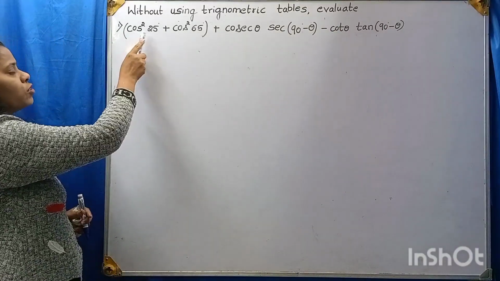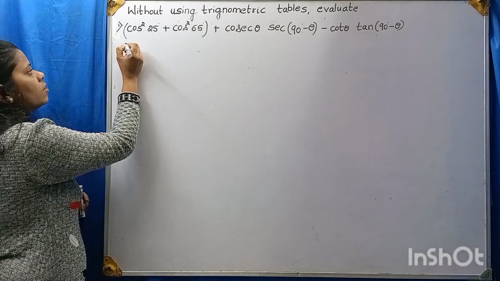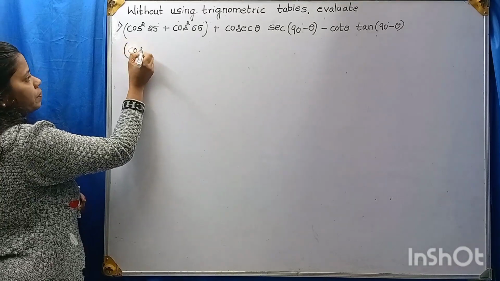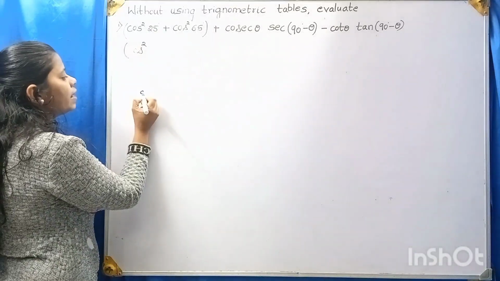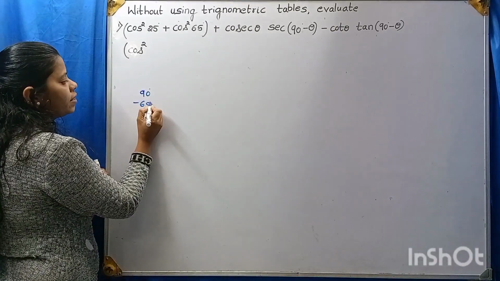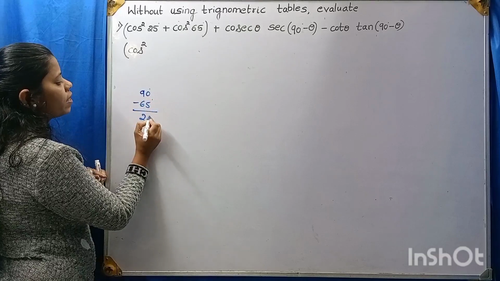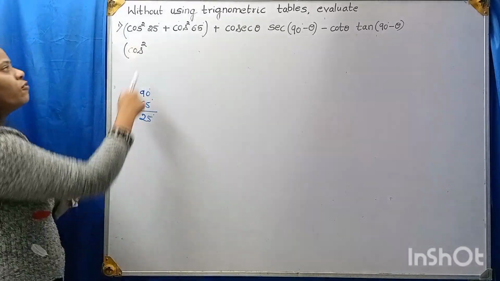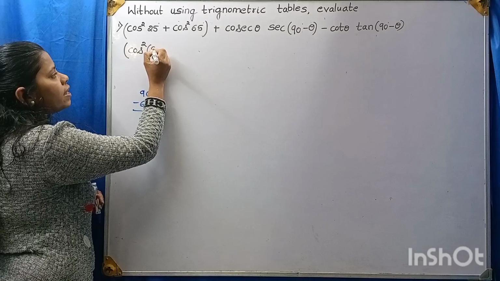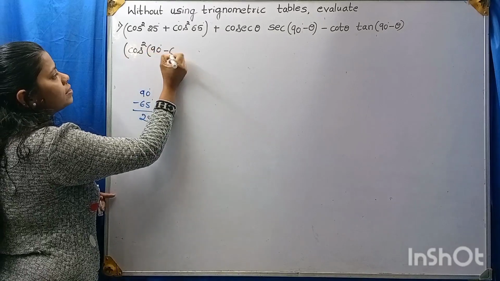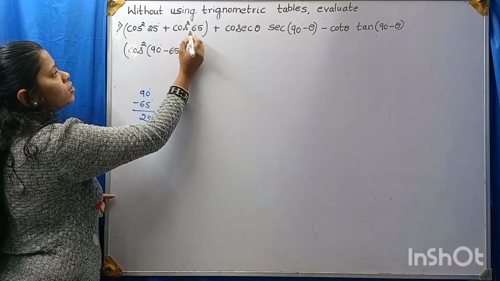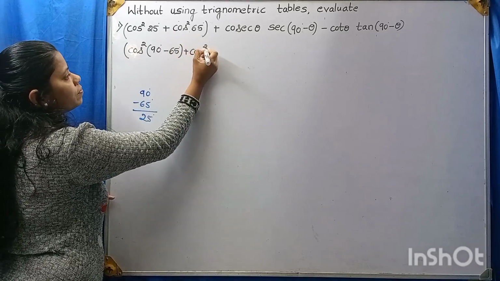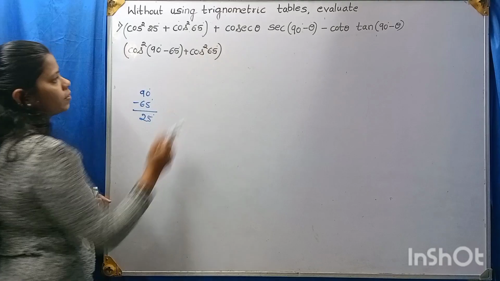Now this cos square 25 degree, I can write this 25 degree as 90 degree minus 65 degree. 90 minus 65 is 25 degree. Therefore, I will write this 25 degree as 90 degree minus 65 degree, plus cos square 65 degree, plus